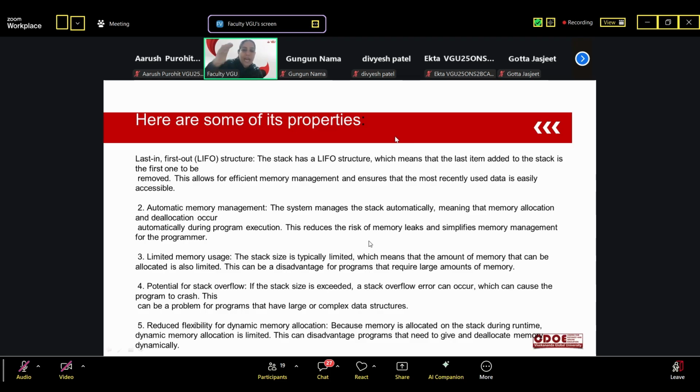We are always adding the new plate on the top, and if you want to remove a plate, we will remove it from the top. So the ones that go in last will go out first. That is what we call a stack. LIFO, last in first out. A pile of books also you can say. Yes, Manoj, it's right.